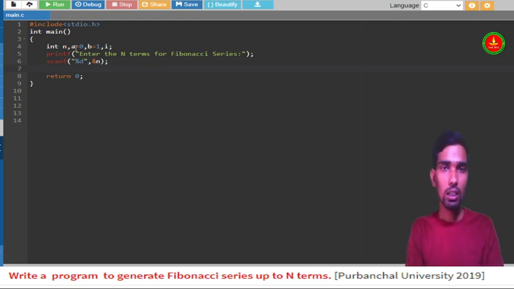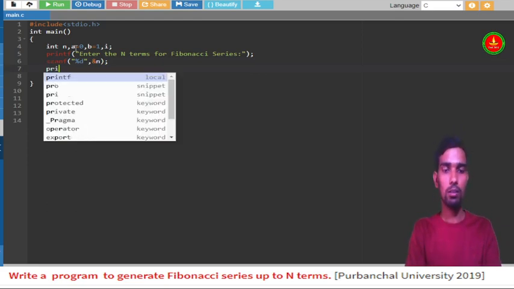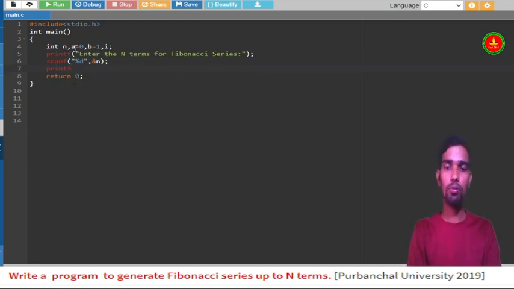And let me print the first two elements. Even if it is one element or two elements, I am considering that the number of elements is greater than 2, so the program will be easy for you, right?